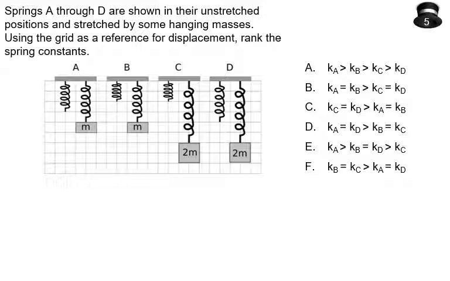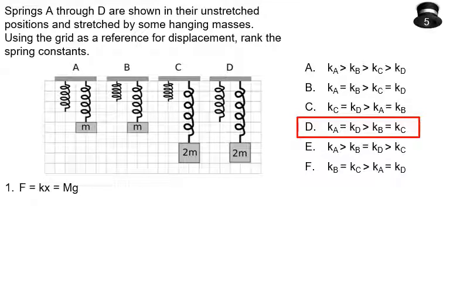So take a moment and think about it. I will assume that you have paused the video and you have come back. And you'll see that D is the answer. So the spring constants for systems are springs A and D. These are equal, whereas they are greater than the spring constant for B,